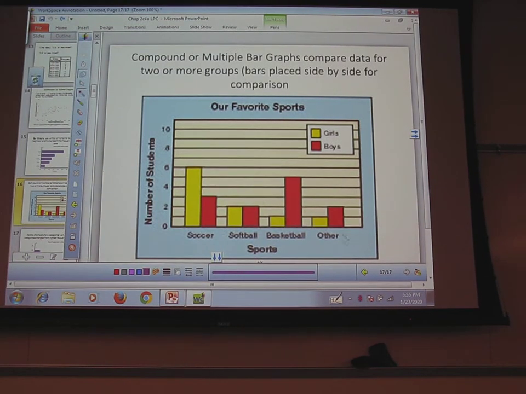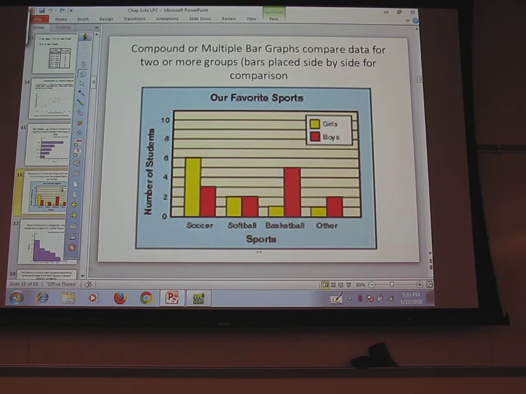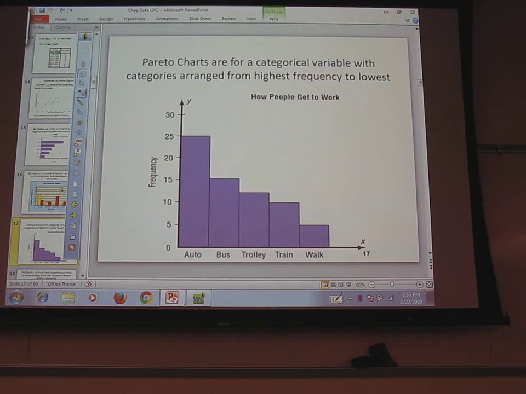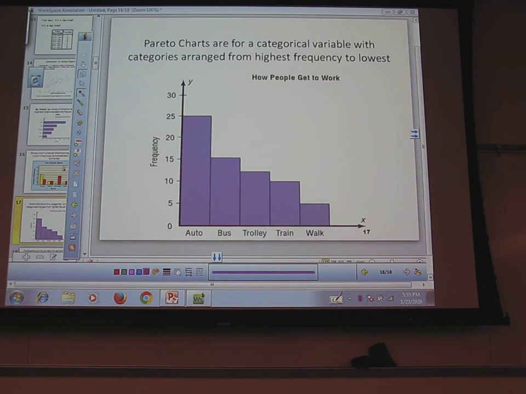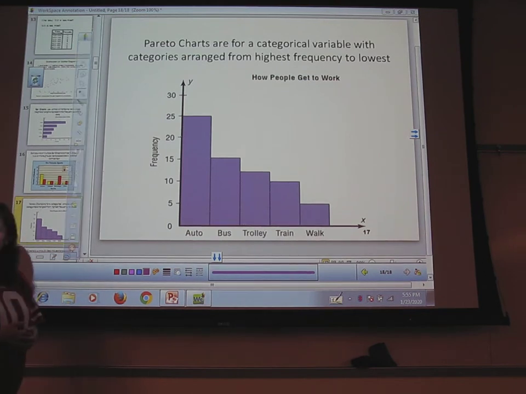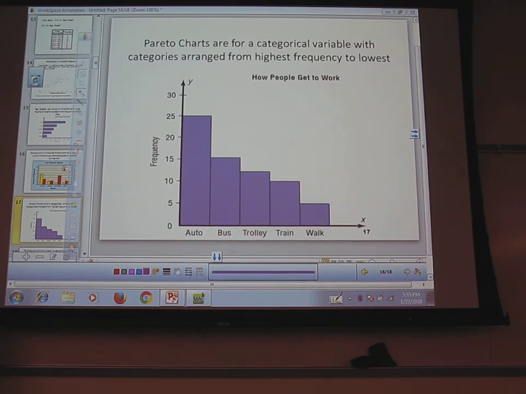So you've got 2 or 3 things being shown for each spot. And then pareto charts are another type of bar graph, which again goes up, but I explained this already last class, didn't I? No, I didn't? Oh. Maybe briefly. Really? Okay. So pareto charts,